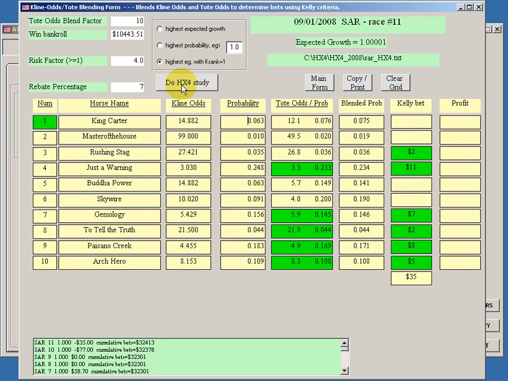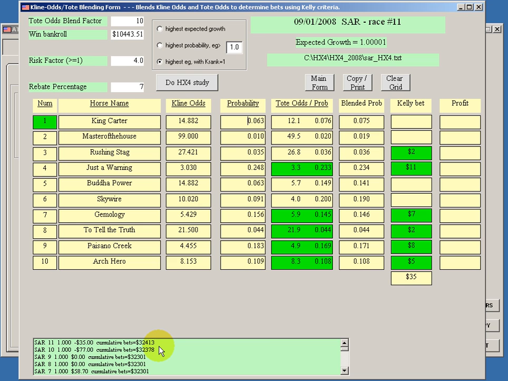You can see at this point that using this combination of the highest expected growth, including the K rank equal to 1 horse, and the tote odds blend factor of 10, the bankroll would have increased to $10,443 from $10,000, and going to the bottom of the page,